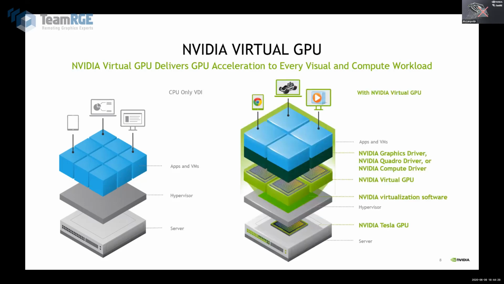Now with the NVIDIA vGPU technology, we have the same server, but now we add a physical GPU in there, and we install a virtualization software piece into the hypervisor. And now all of a sudden we have the ability to carve up a physical GPU and assign virtual GPU profiles to different virtual machines. Depending on the amount of frame buffer, we can either assign all the frame buffer to one virtual machine or carve it up into, I don't know, 16, 24, 32, 48 different virtual machines and allow them all to have access to this